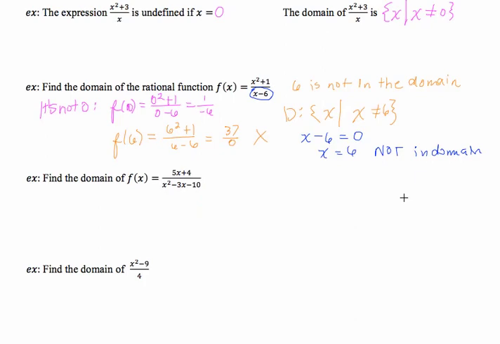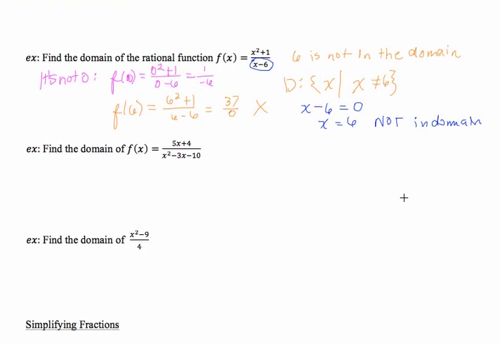Okay, let's do a slightly more difficult example here. Let's find the domain of f of x equals 5x plus 4 over x squared minus 3x minus 10. Now this one's definitely too hard to do by guessing and checking because we have a whole quadratic in the denominator, and there may be 2 answers actually, because quadratics, when you set them equal to 0 and solve, as you've seen, you often get 2 answers. So instead I'm going to use this method of setting the whole denominator equal to 0